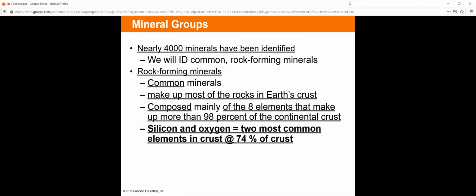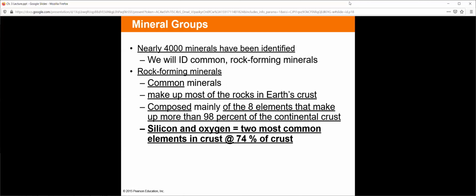There are nearly 4,000 minerals that have been identified, 4,000 individual unique minerals, each with their own table of properties that are exclusive to that mineral. In this class, if this was in person, we'd be spending time IDing these minerals. If you're taking this in the online component, which you're doing now, obviously, we're going to do something different about that. I'll let you guys know at the end of this presentation or in the emails how that's going to work.